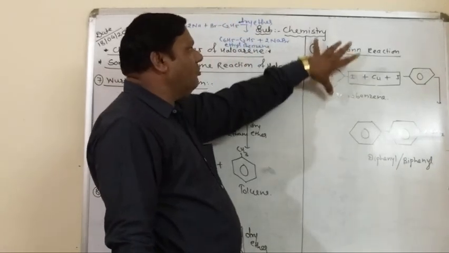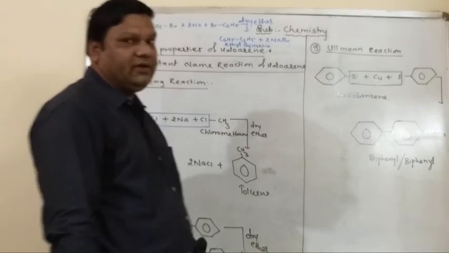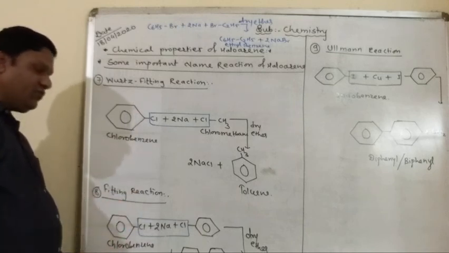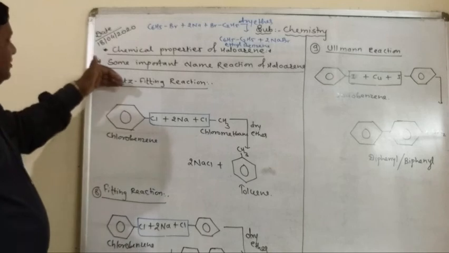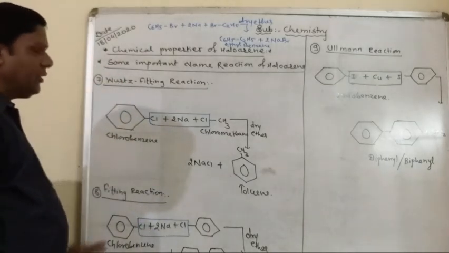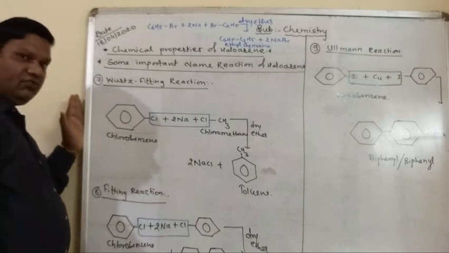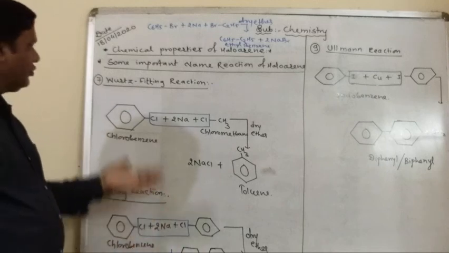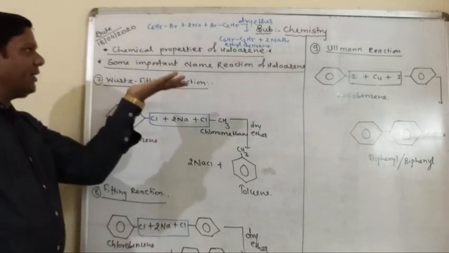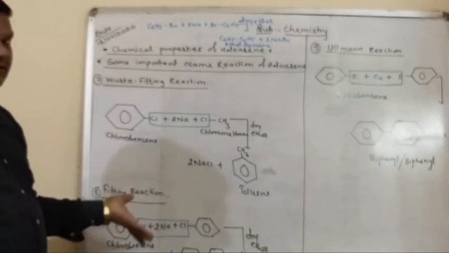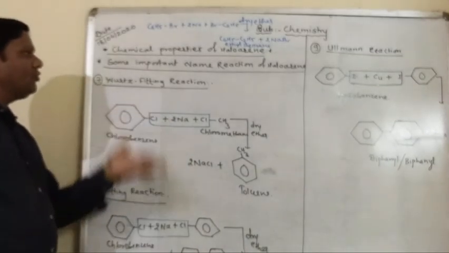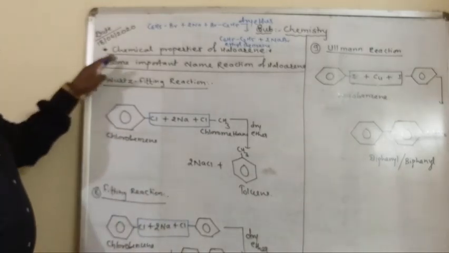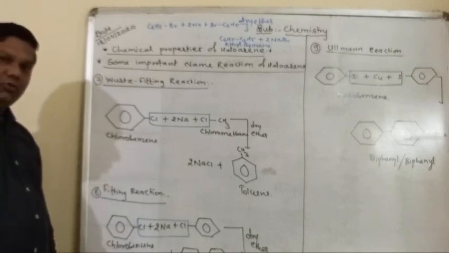to get diphenyl or biphenyl and elimination of cupric iodide. This reaction was discovered by Ullmann, hence its name, the Ullmann reaction. This one was discovered by Fittig, hence it is the Fittig reaction. Any difficulty? And this is the Wurtz-Fittig. So these are very important name reactions, and very applicable. They always come in the board exam. Sometimes Wurtz-Fittig, sometimes Fittig, sometimes maybe Ullmann, Wurtz, etc. Any difficulty? So please note down these reactions. And here the simple chemical properties of haloarenes are over.